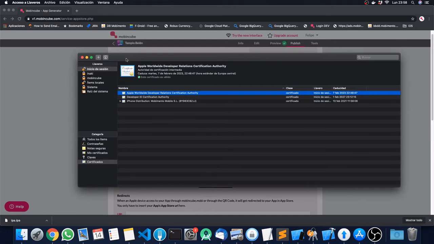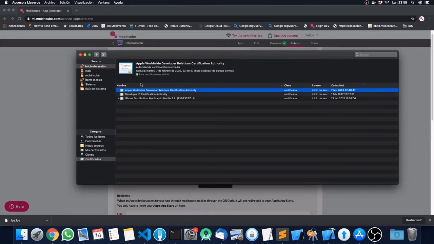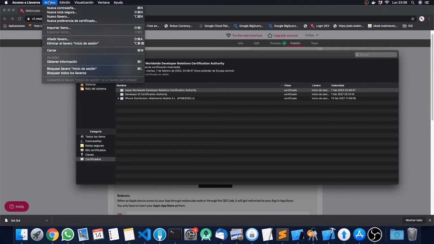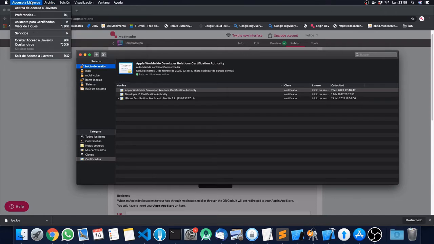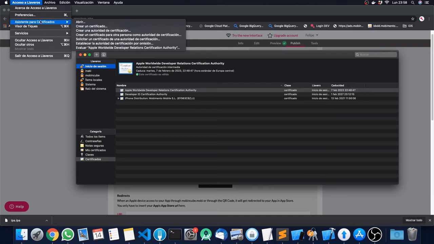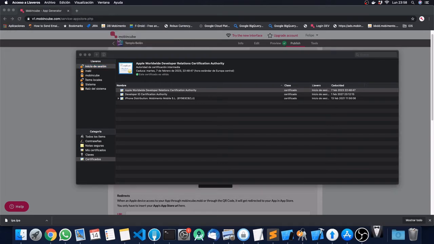Here, I'm sorry, this is in Spanish, I think. So here you can select the first option and then go to File. No, I think it's here. In the keychain access, go to Certificate Assistant, and you have to select the option Create a Certificate. No, not this one. Request a certificate from a certification authority. This one. Click here,